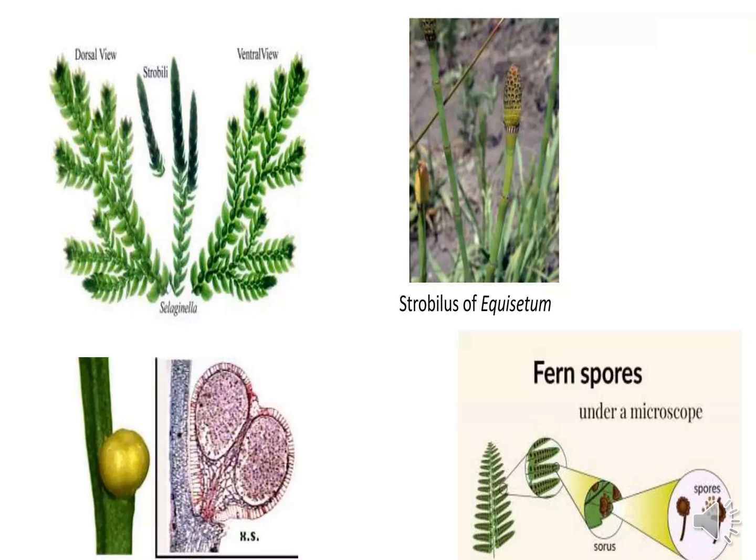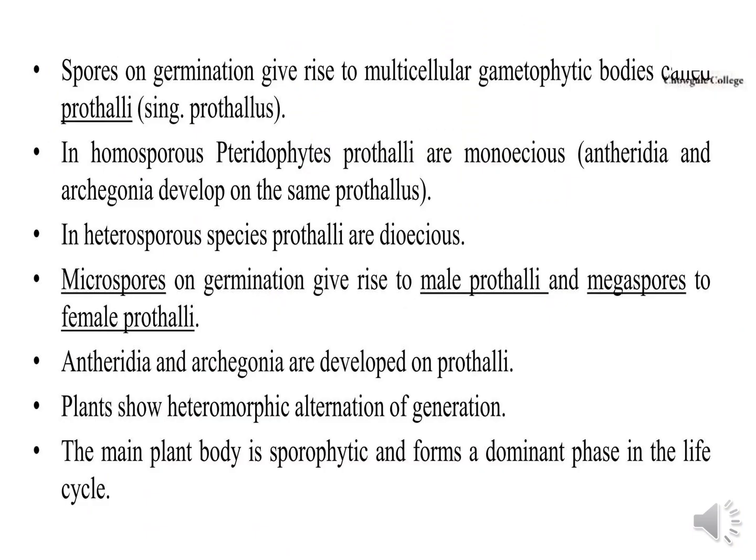So this is the view of Selaginella, where you can see the strobili in terminal positions, while in others they are lateral, and in ferns you can see them on the margin of the leaf. It is also found terminally in the case of Equisetum, where they are cones, and these strobili are found on the fertile stems. Spores